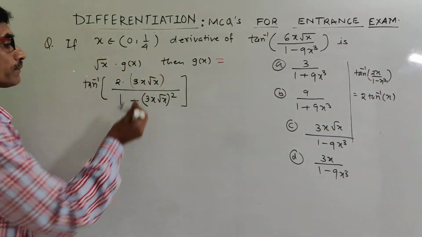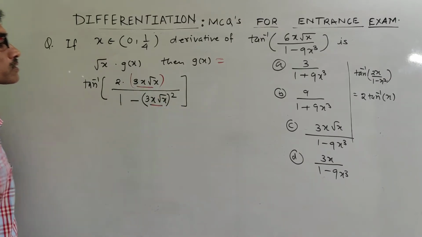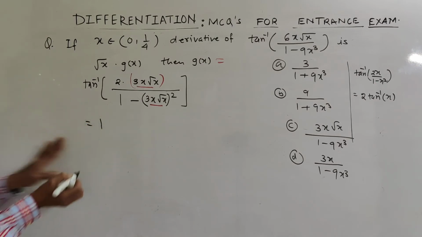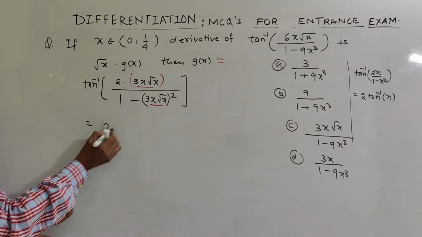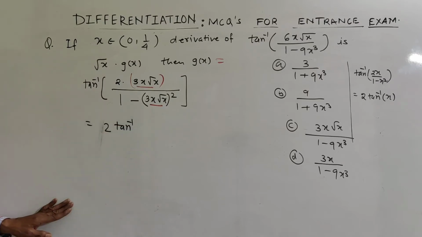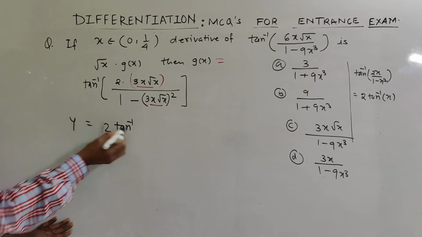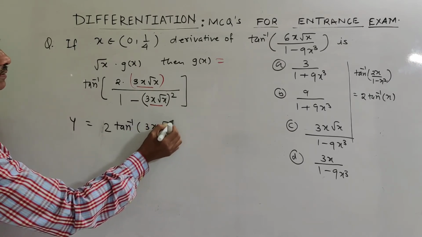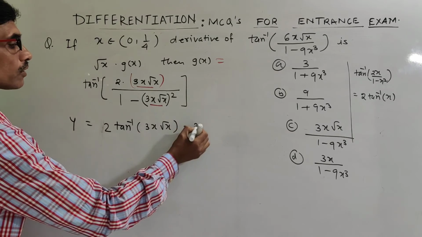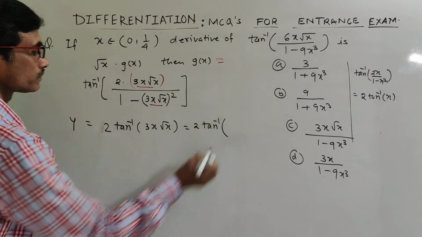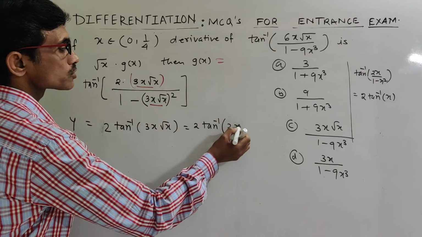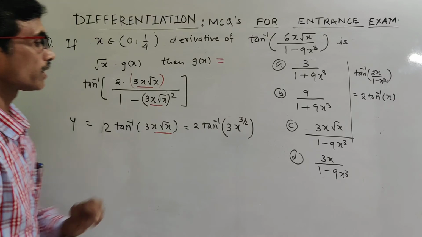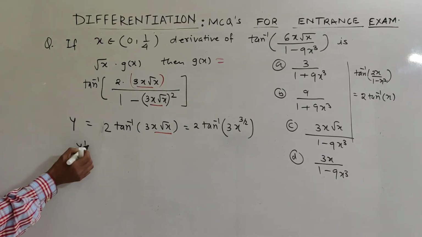So this is equal to 2 tan inverse of 3x root x, which is 2 tan inverse of 3 times x raised to power 3 by 2, since x root x is x raised to power 3 by 2. And the derivative y dash will be equal to 2